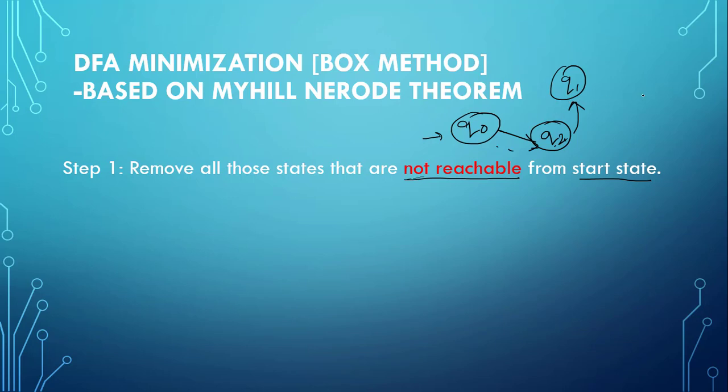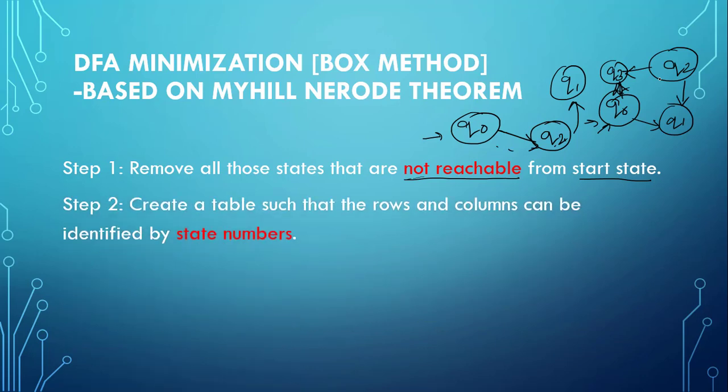What we mean by a state being not reachable is that from Q0 we cannot reach a particular state. For example, if the Q2 state is reaching some states, say Q1 and Q3, and Q3 is reachable from Q0, but Q2 is having only outgoing transitions but no incoming transitions. In such a case, we can say that from Q0, that is our start state, the Q2 state is not reachable.